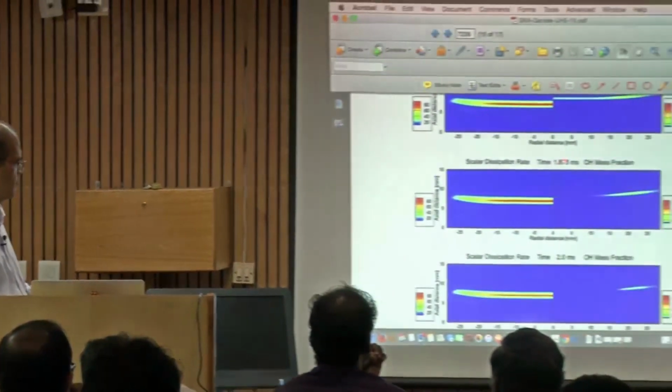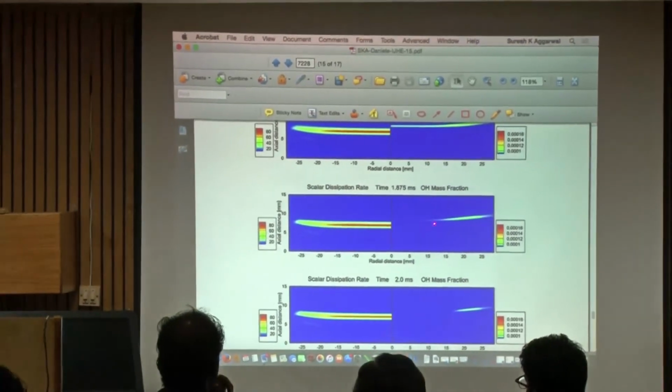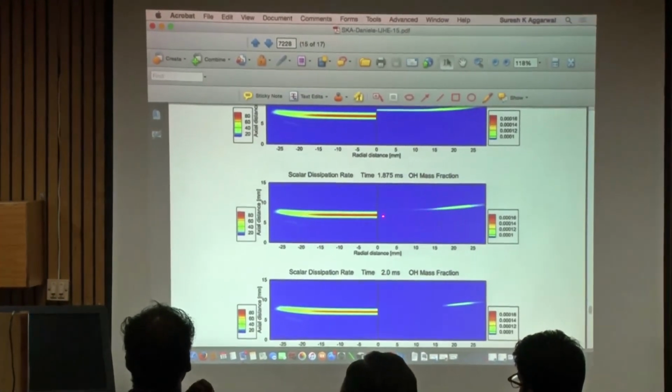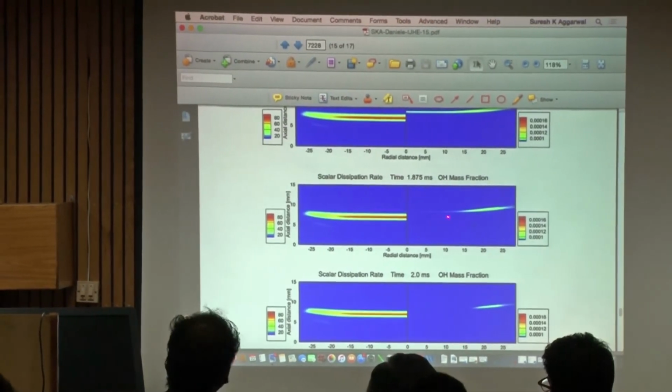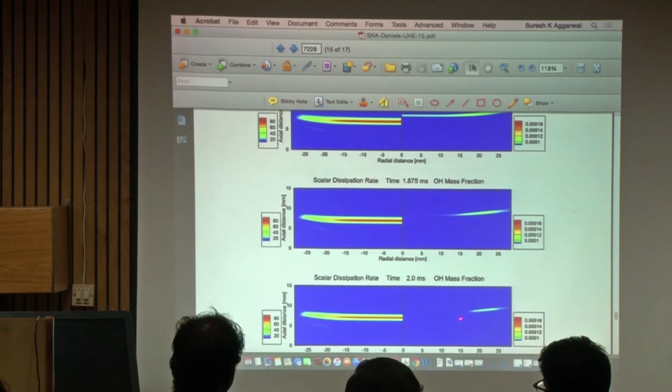The OH value is decreasing. Then this is after 1.875. Now what you see is the flame has extinguished near the center line. So the flame is first extinguishing near the center line, and then the entire flame